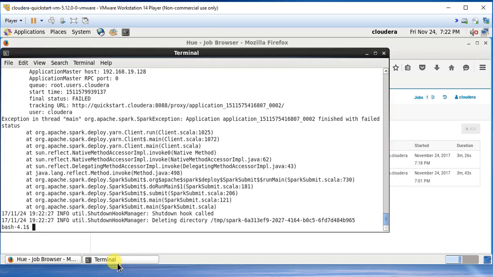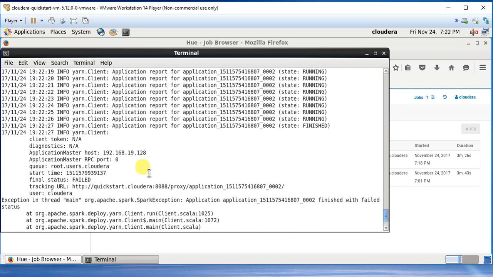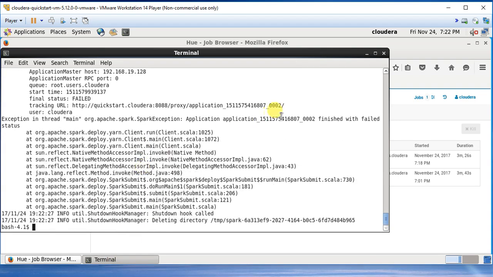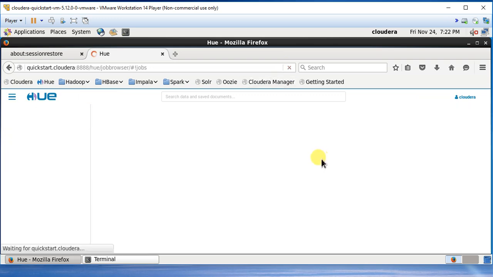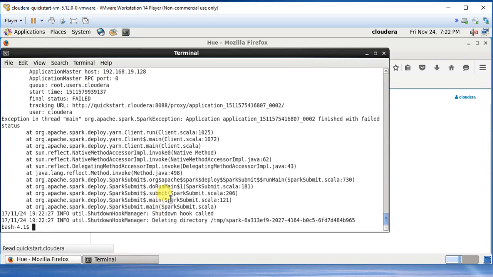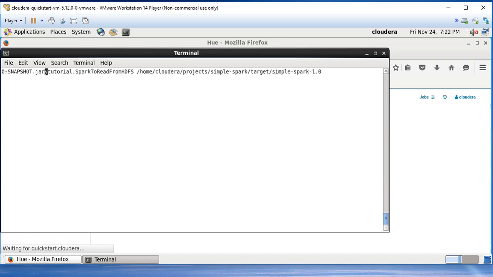So there's only one window here now. So actually the job has finished and the job has failed. This is failed. So this is the last run. So I'm going to kick this job again, because now that I have exited out of Eclipse,